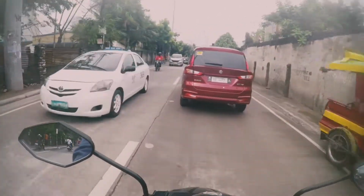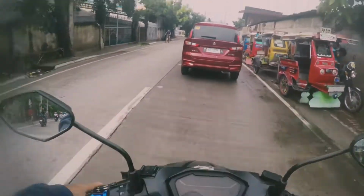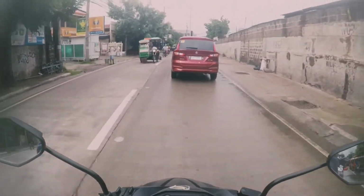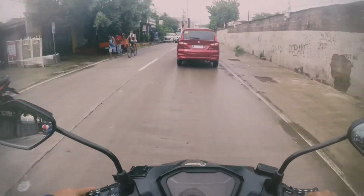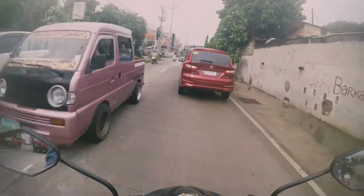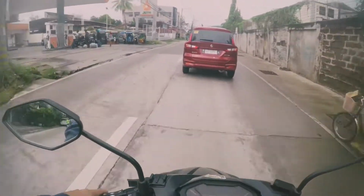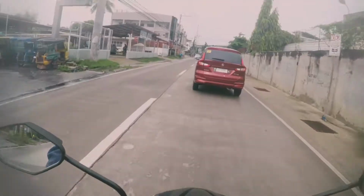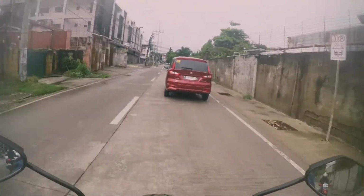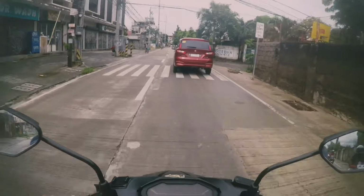A few blocks away from the village yesterday, I went to look for a tire for my rear wheel, or my rear tire. I'm trying to replace it. Now they don't have anything that's bigger, and what the owner offered me was that I can get the 90 by 90. It's called the CST